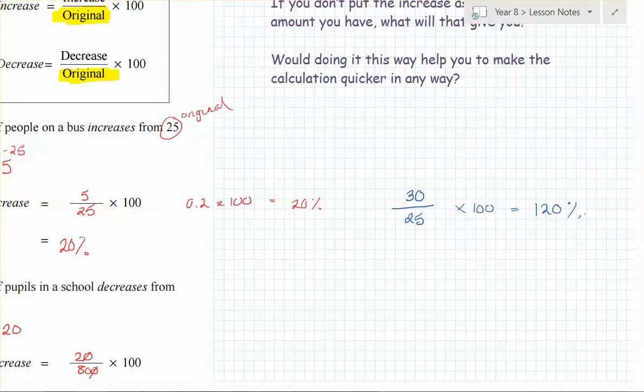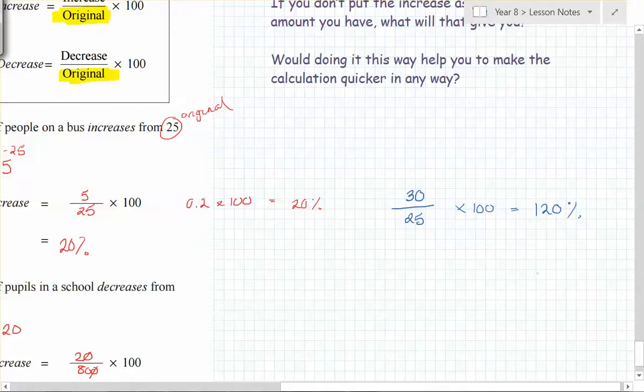What do you notice? If you remove 100, then you get 20%. So, look, 120% is basically the same as saying you've increased the amount by 20%, yeah? So, that is something that is